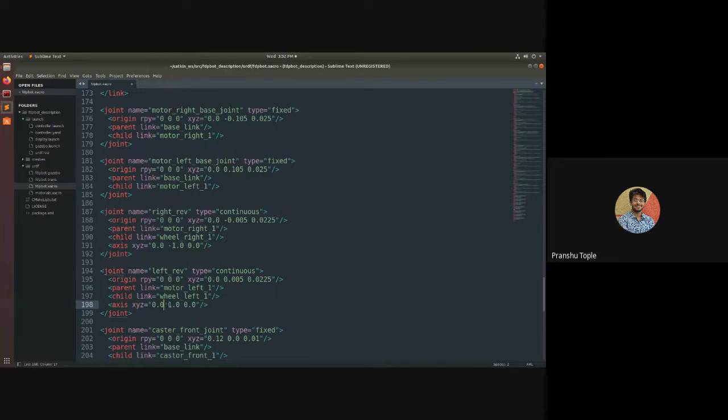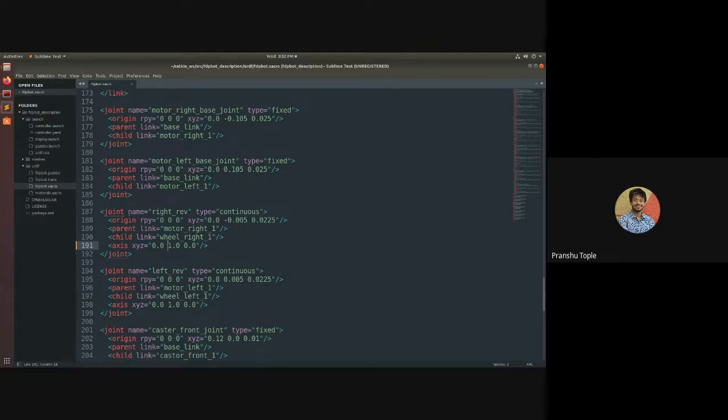But this y-axis is positive and this y-axis is negative. Why did this happen? Because in Fusion 360 we made one from one side and the second from the other side, so that is the reason it is negative. So just remove this minus sign and save it. Press Ctrl S to save. This is the first change that you need to make.